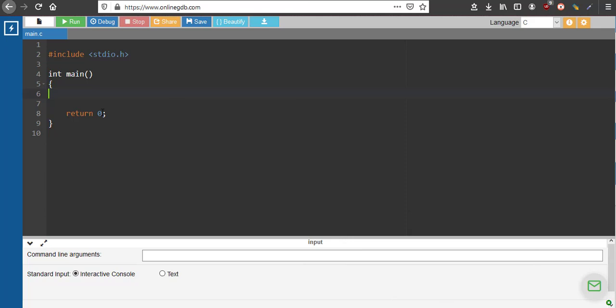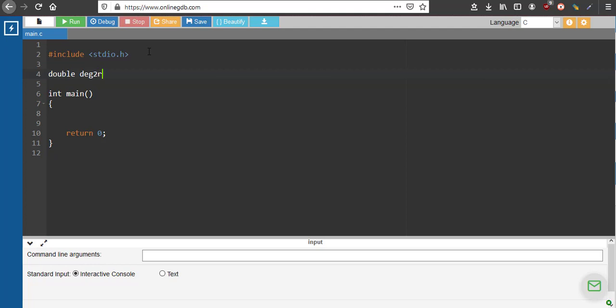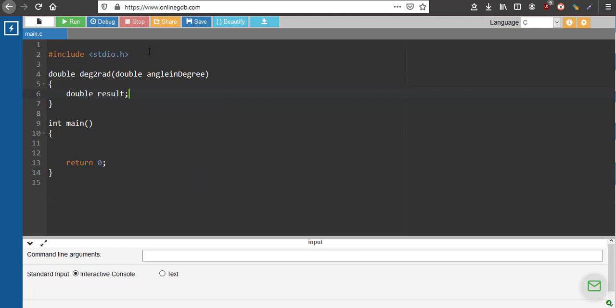We'll quickly implement this. The output can be a decimal, so we'll use double. The name of the function, let's say degree2radians. We have to receive a value, an angle in degrees. It can be a decimal, so double angle in degree, right? Now I'll declare another variable, double result.